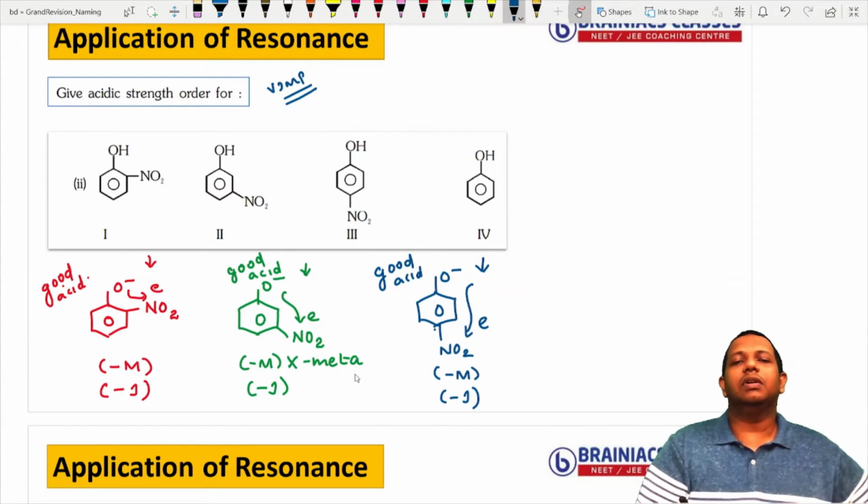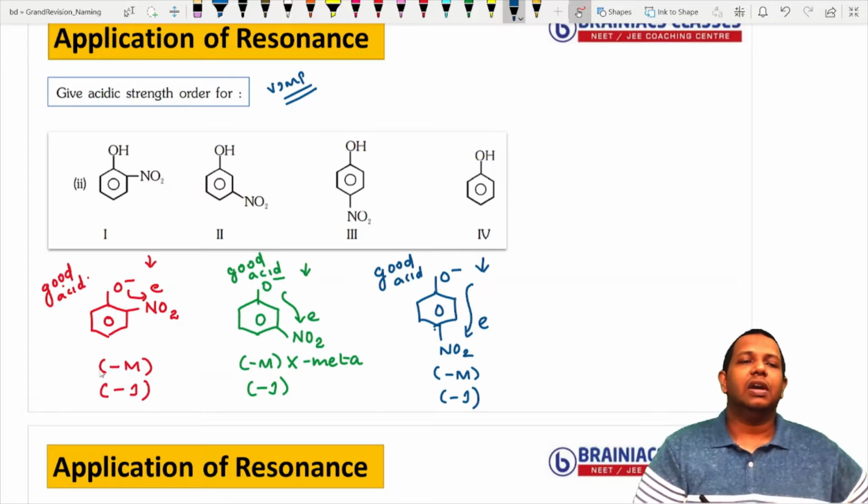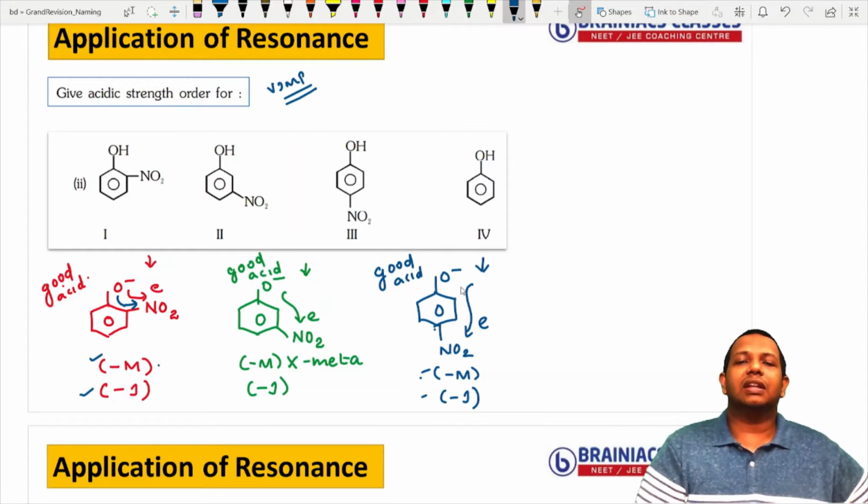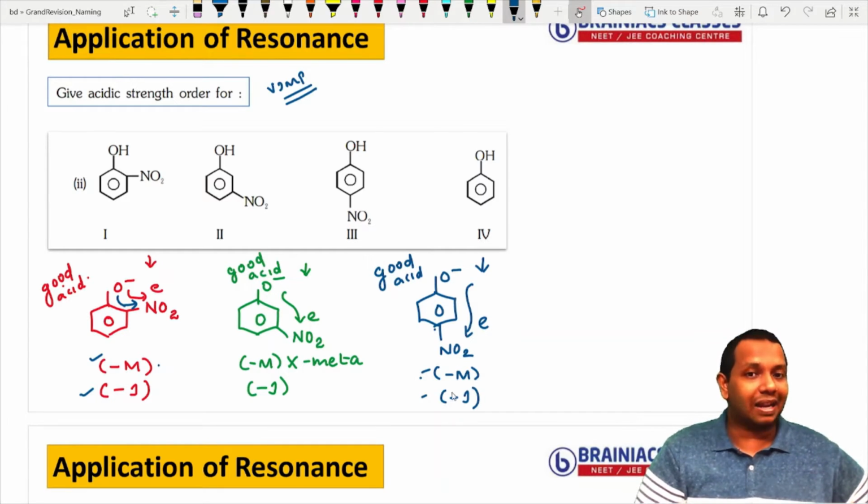Okay, now a big question comes here, sir. First one also has minus M and minus I making it stable. Here minus M and minus I making it stable. Which one, sir, will make it more stable? As per our normal convention, we know that minus M effect is same at both places. But when you compare minus I effect, students say that, sir, here distance is very less, so the electrons will be attracted very fast. Here the distance is very large, so electrons will be attracted a little bit slowly. So this is more stable. This is our normal idea.